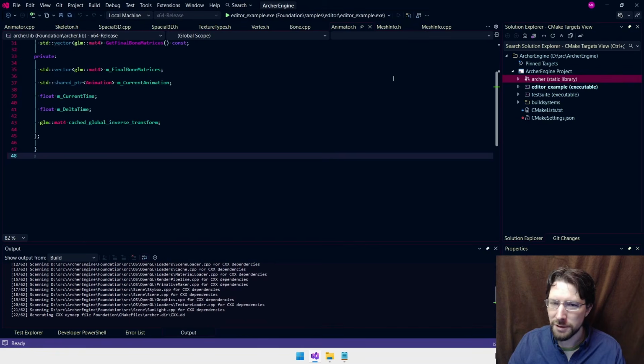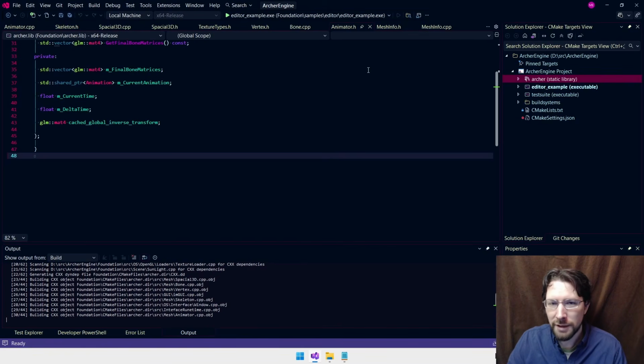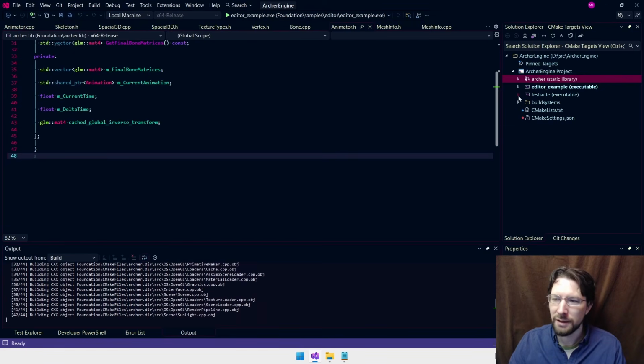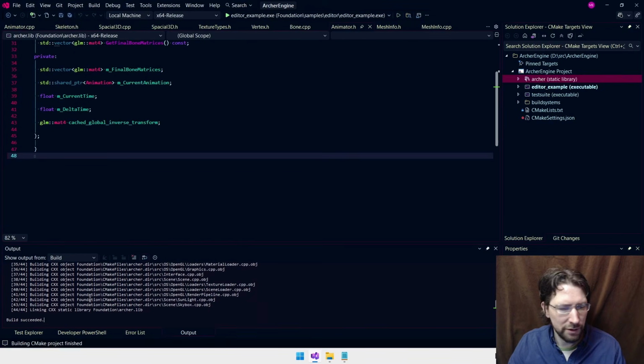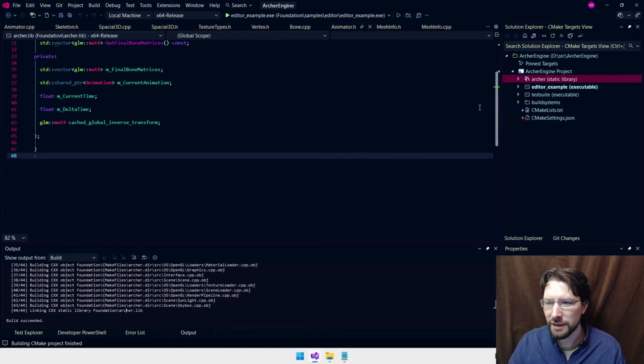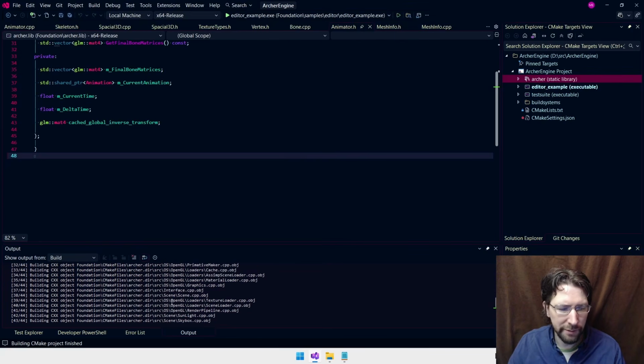And before you go crazy, there are other ways to do it. This is just how I'm doing it. You can build it all kinds of different ways. You can even do it in the command line. But this is one easy way to do it. And we see down here that the build succeeded, did all the things. Now, because we're using the package manager, this will automatically update any libraries that needed updating as well.